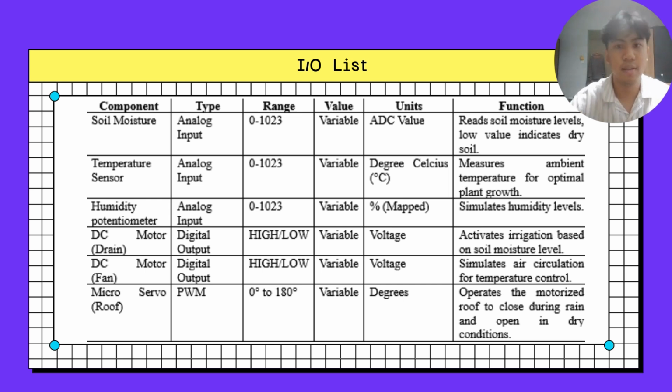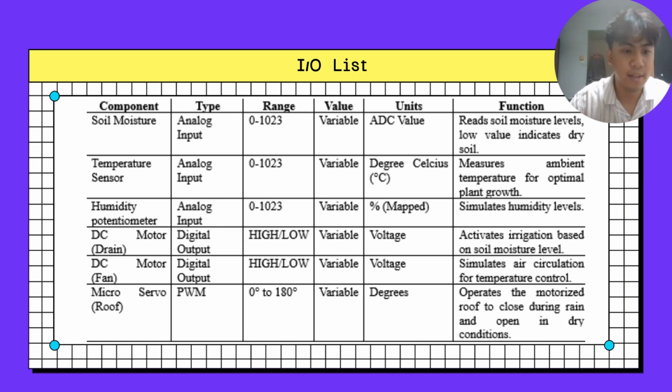Alright, so this is the IO list, input or output list for the system. First, soil moisture, temperature sensor, and humidity potentiometer, which are acting as the analog input with the range of 0 to 123. And the function is to read the value of the environmental condition and also to regulate the environmental